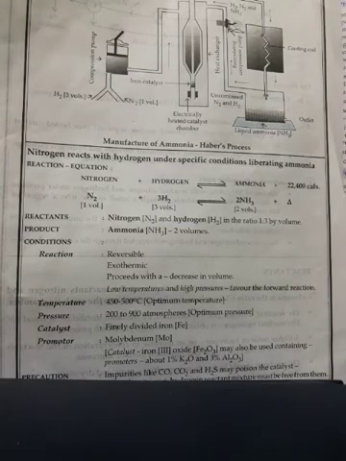Then number 4, this reaction is catalytic reaction. It means any impurities like carbon monoxide, carbon dioxide, hydrogen sulfide may poison the catalyst. It means they will decrease the efficiency of catalyst. So reactant should be free from any impurities. This is also the fourth condition. No impurities should be present. Pure and dry gases should be passed through catalytic chamber. So this is the fourth condition.